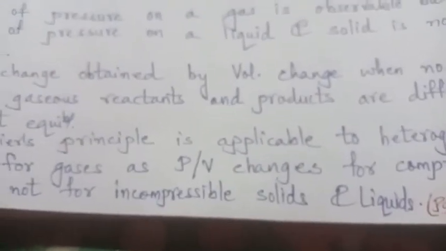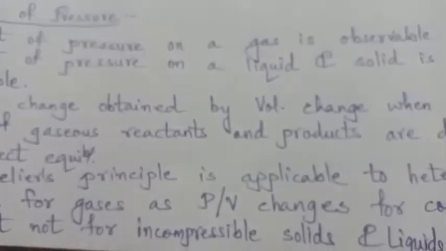Once again, heterogeneous: in the beginning of the chapter we have seen that during the reaction, if all the reactants and products are in different states, not in the same state, then it is heterogeneous. And when heterogeneous equilibria is there, especially for gases, pressure and volume change because gases are compressible, but not for incompressible solids and liquids. Right? So here